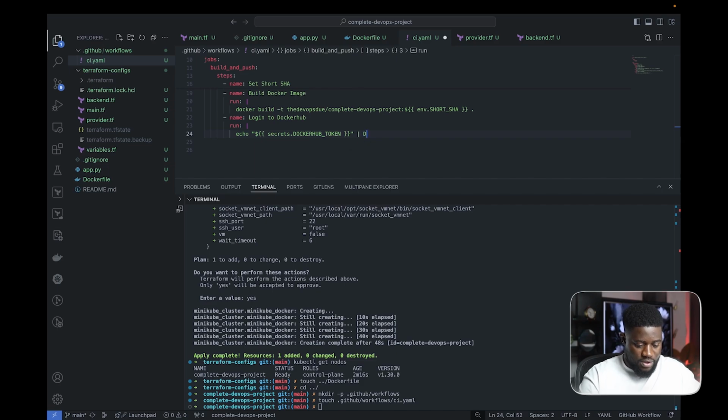So let's do the Docker login. Sorry, this should be in lowercase. I always forget to switch back. I don't know if it's just me. Most likely not. So Docker login, the username, and then let's do something very similar to what we just did. So $, again. And let's do secrets DockerHub username. And once that's done, let's do password